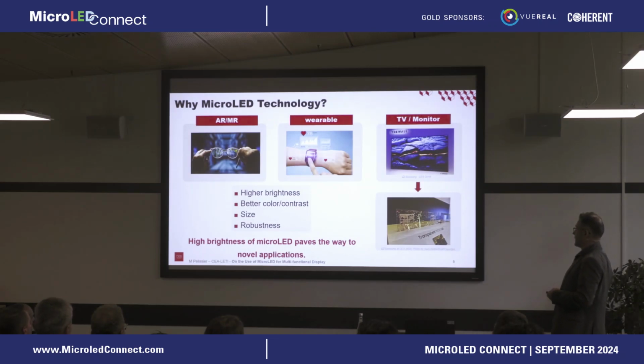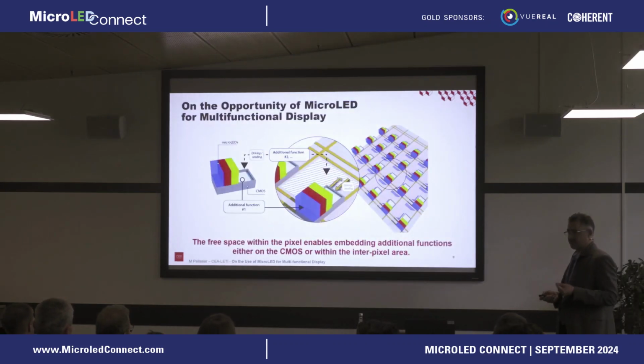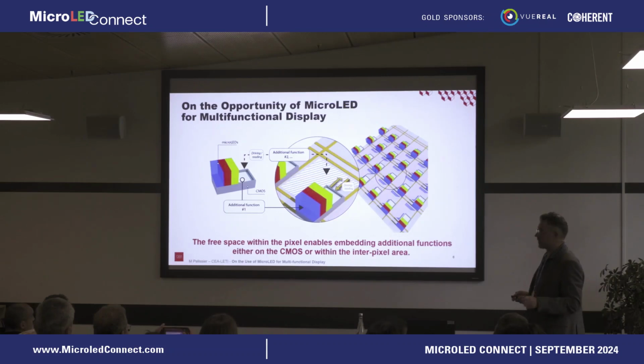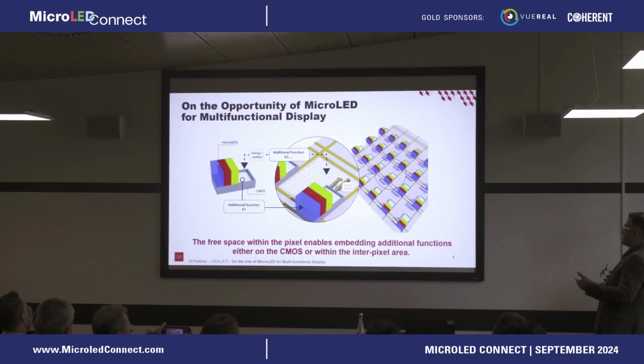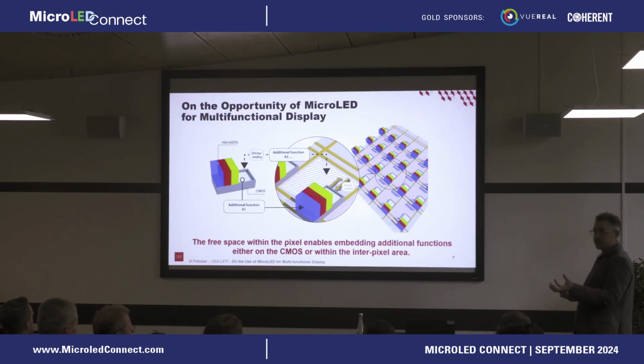So in any case, I would say that one specific figure of merit and characteristic of the micro-LED solution is definitely the high brightness with respect to the size of the component itself. And because of the efficiency in terms of luminance with respect to the size of the components, then we can think about embedding additional functionality with the room left by the solution. So this additional functionality could be embedded directly on the CMOS itself, or inside